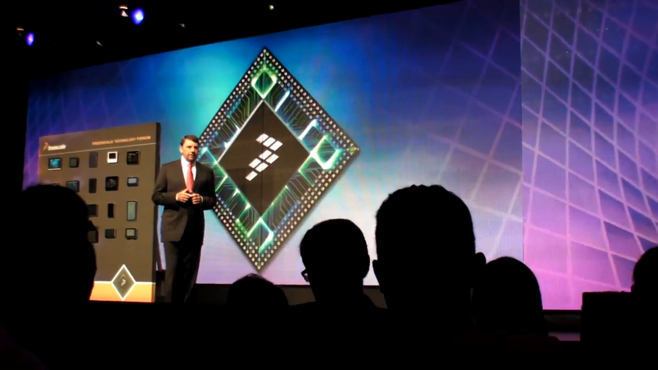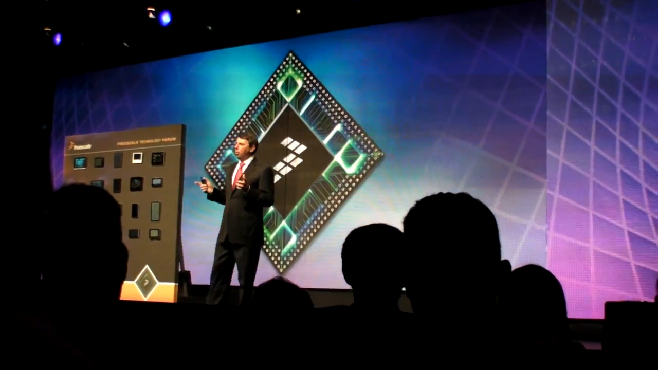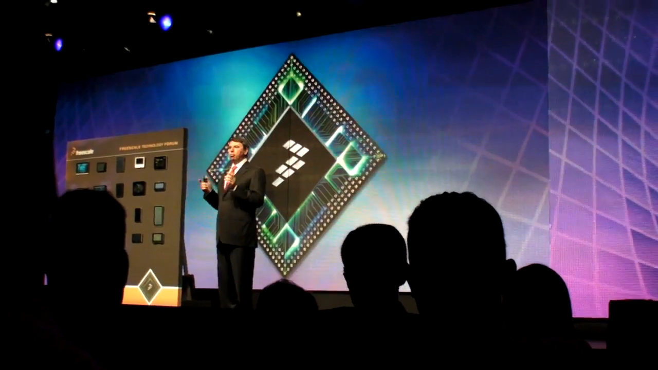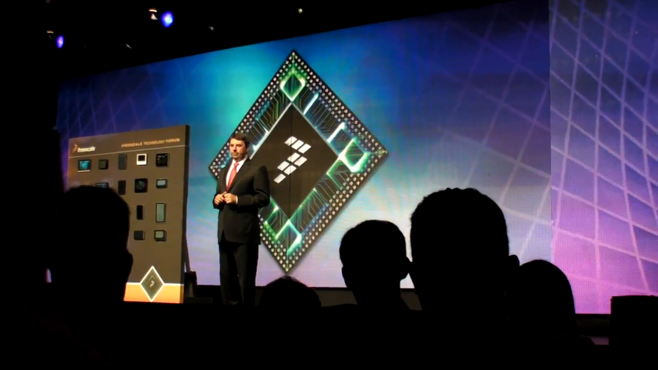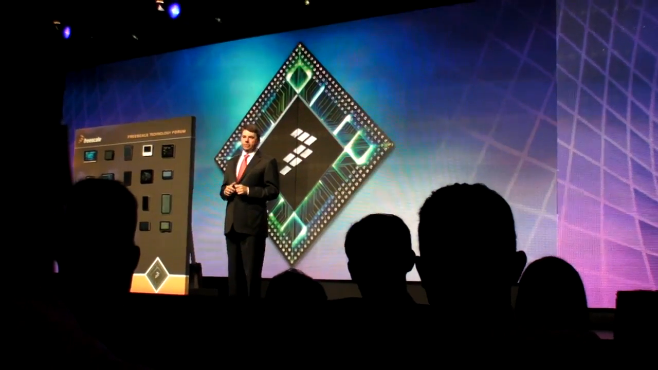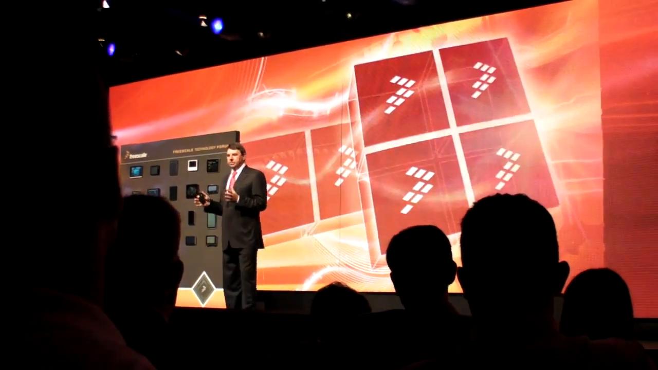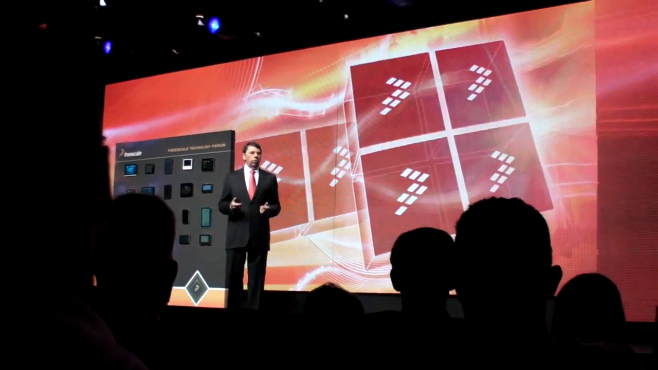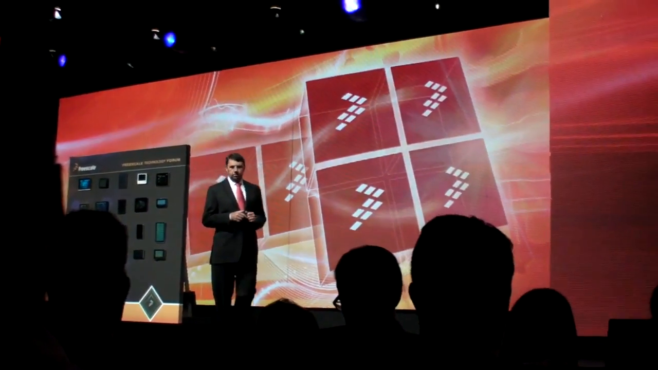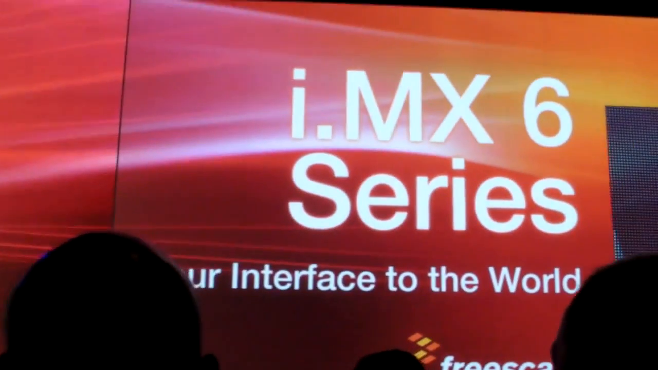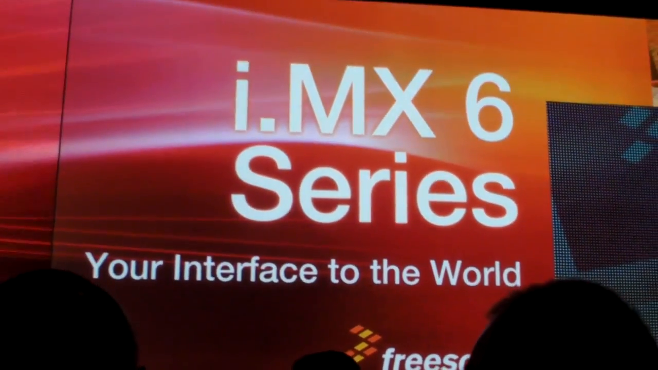Analysts predict that performance of mobile processors could already in 2012 surpass the performance of PC processors. To meet these demands, Freescale in January at the Consumer Electronics Show announced our new processor family, the i.MX 6